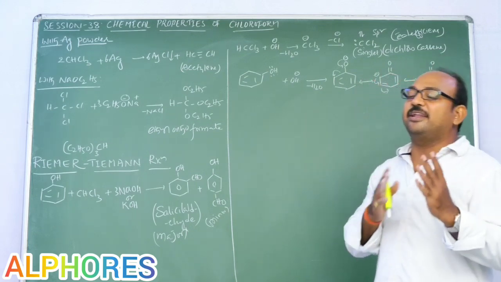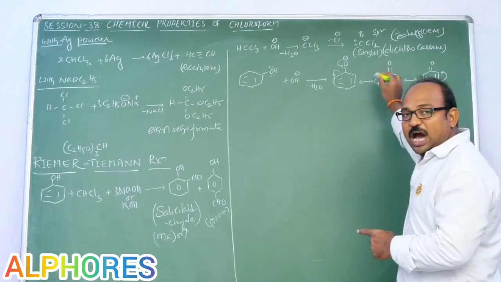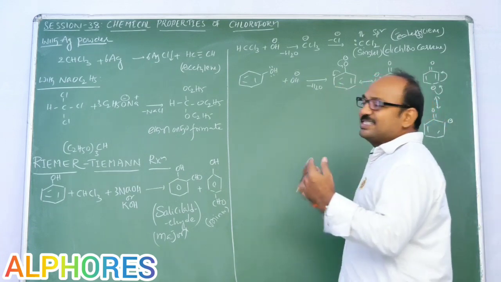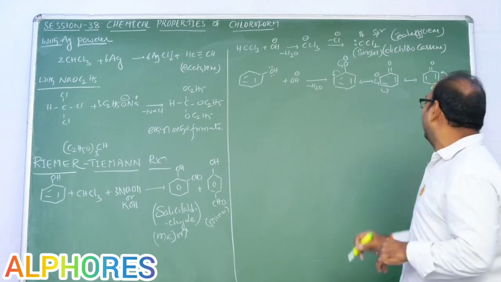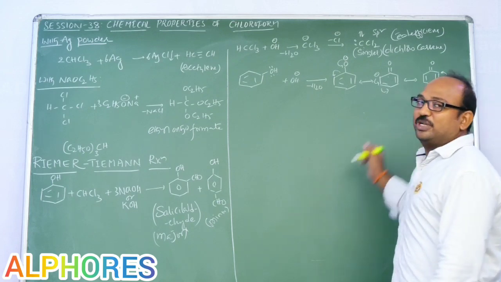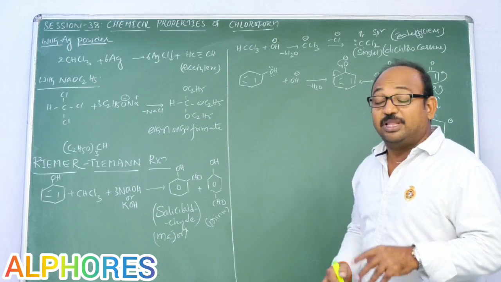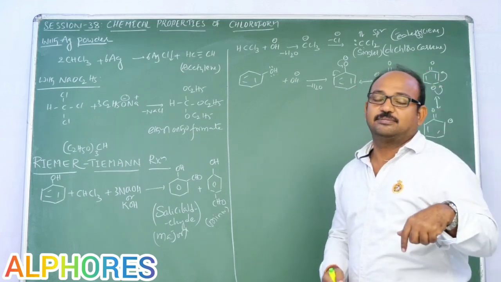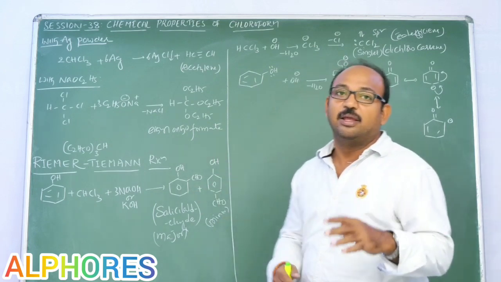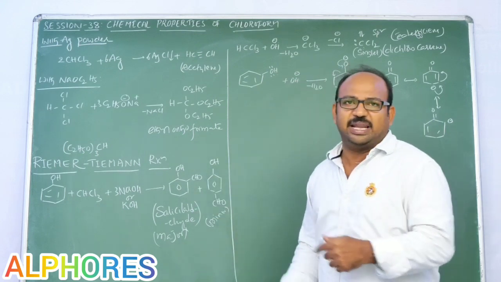Now that donating tendency is there from either the ortho or para position. Means in the previous session we learned you are not supposed to consider that because of 2 ortho positions the ortho product is major, and because of 1 para position the para product is minor. We are not supposed to say like that, right? But there we learned that para is major because of hindrance. Because of hindrance, para is preferably major. Fine. But here you wrote para is minor and ortho is major. Why like that? Here hindrance is not there.